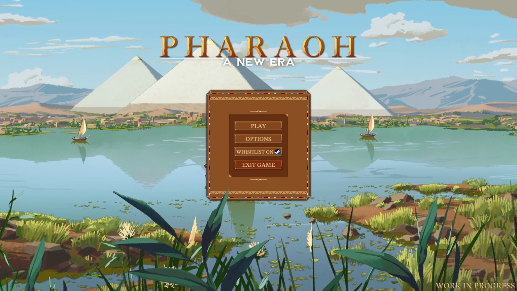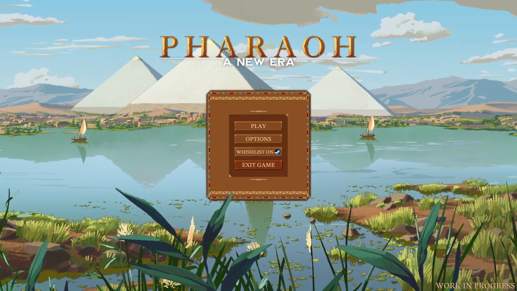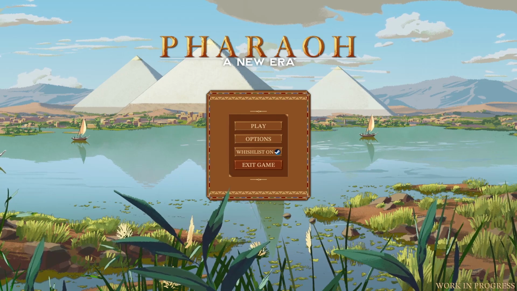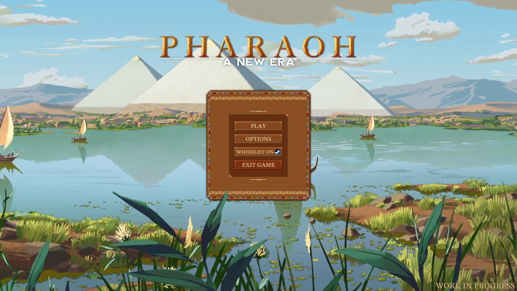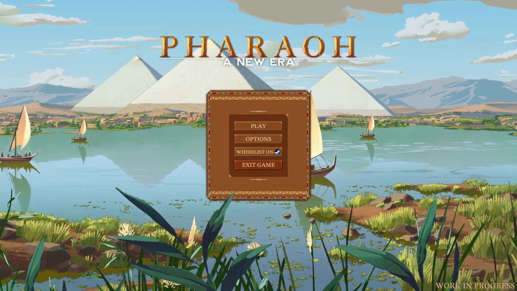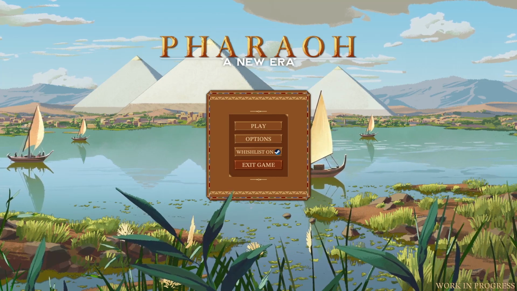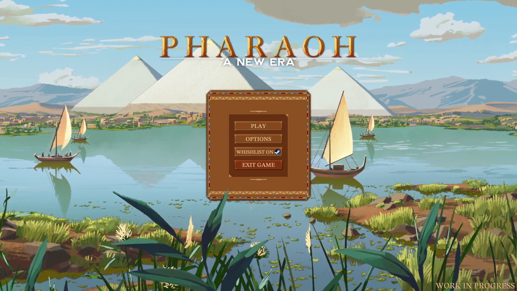Raptor here, and welcome to our first look at a new ancient city builder known as Pharaoh, A New Era. Actually, it's based on the Sierra games from 1992 to 2002. If you remember Caesar or Zeus or Immortal Cities, or of course Pharaoh or Emperor Rise of the Middle Kingdom, you'll know that Sierra was knocking it out with these ancient city builders back in the 90s to early 2000s,